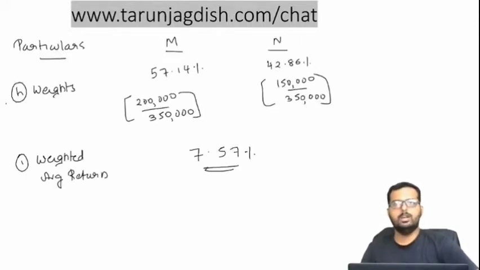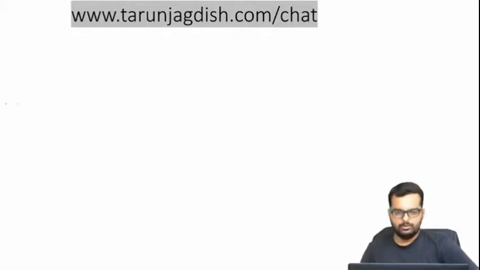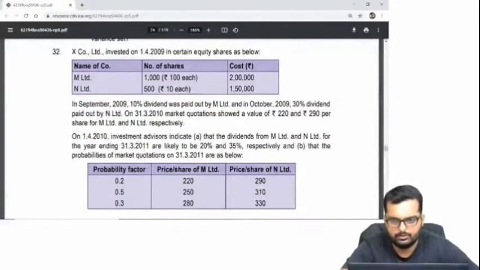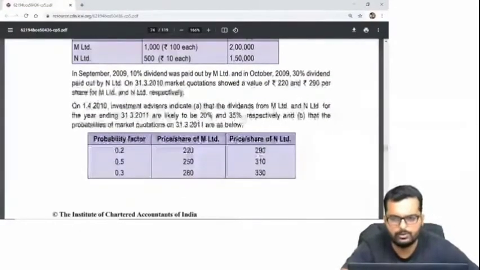Alright friends, everybody is clear. So we have got the answer as 7.57%. Okay, so we are done with the first part. Now let's read through the next part of the question. On 1/4/2010, so 9/10 is already over. Now we are going to 1/4/2010. The investors indicate the dividends for the year are likely to be 20%, 35%, and the price can be any